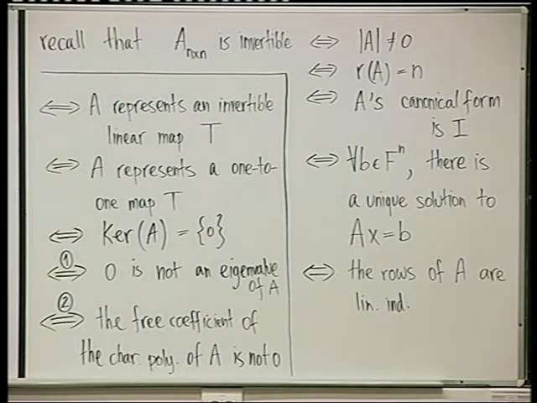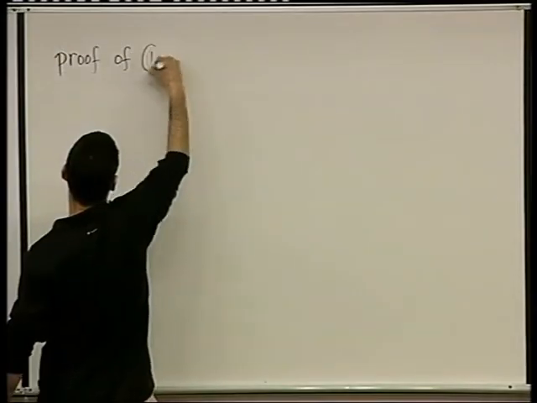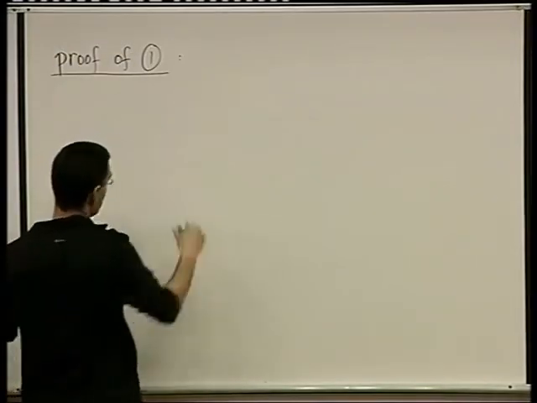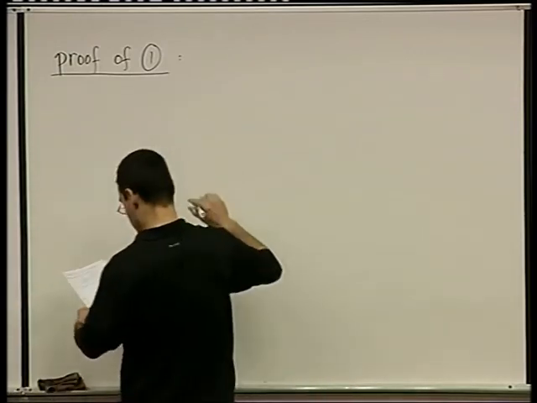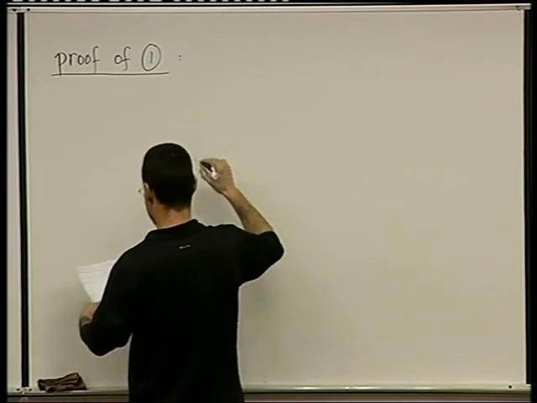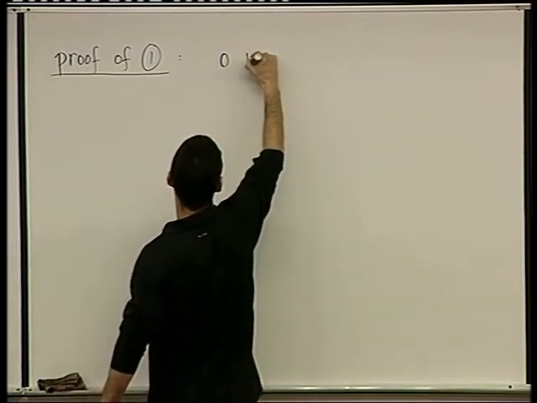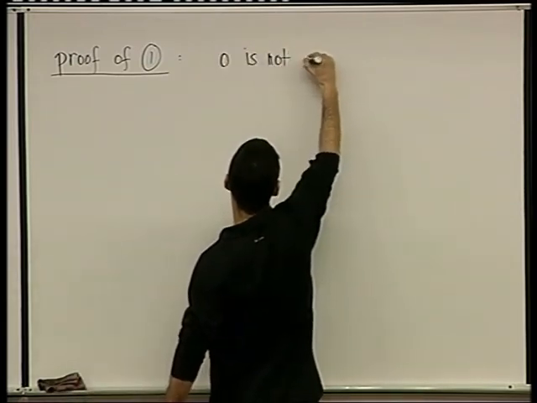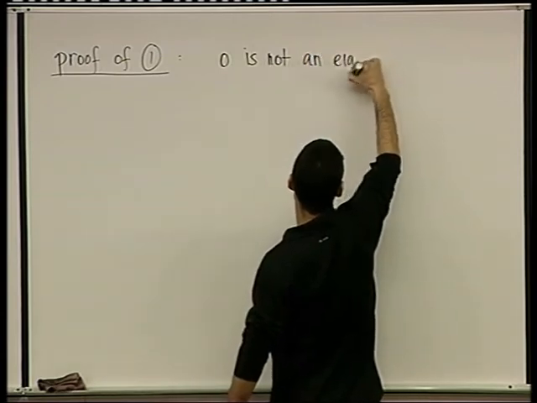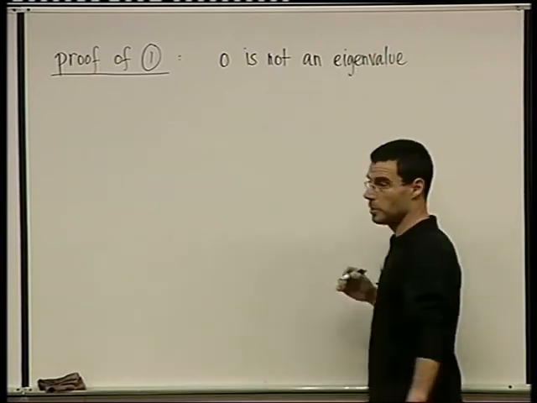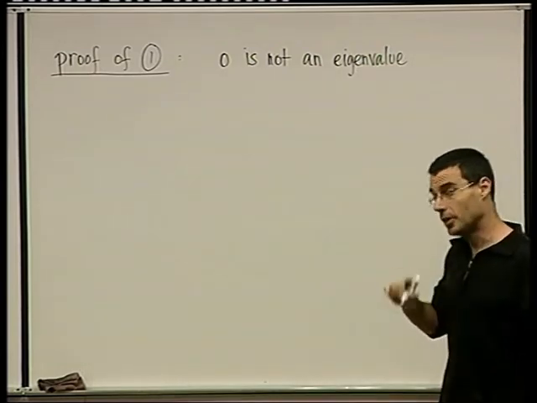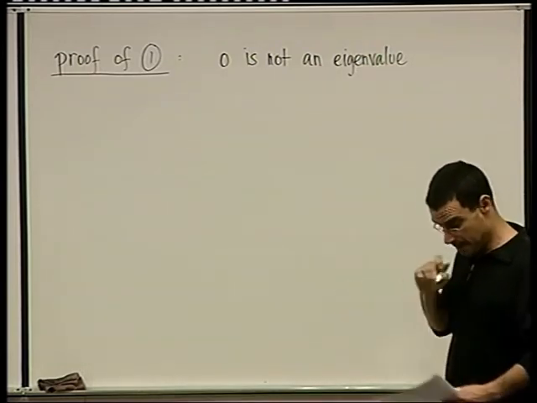Okay, so let's prove 1. Proof of 1. So take a deep breath. It's going to be a bit long. Okay, so 0 is not an eigenvalue, is not an eigenvalue, means